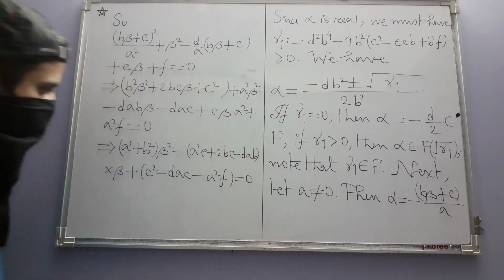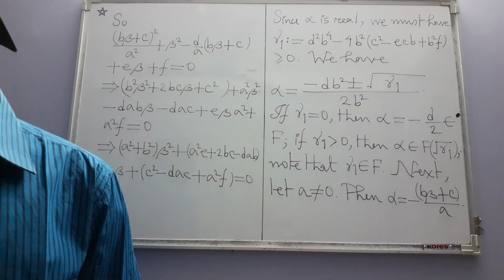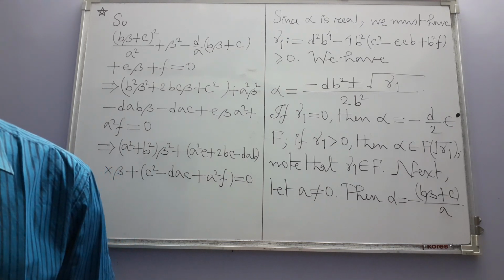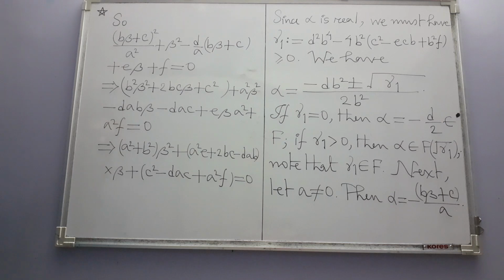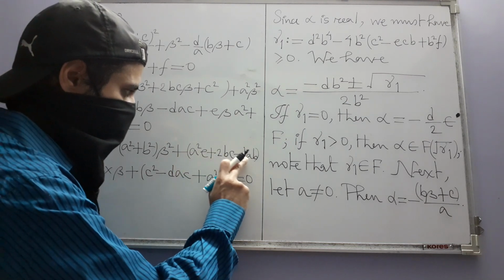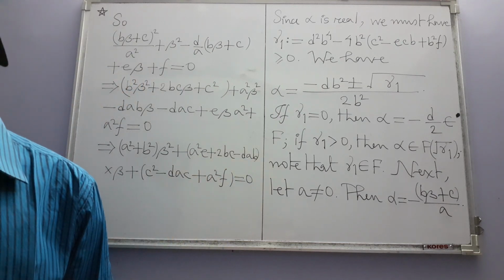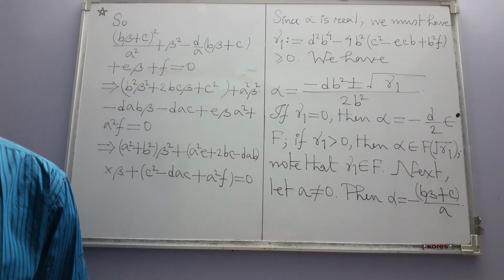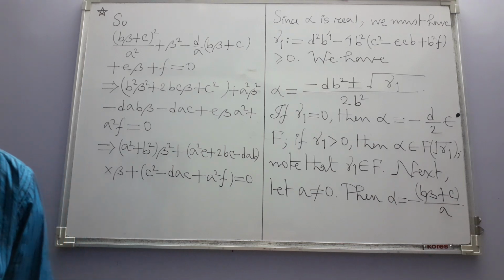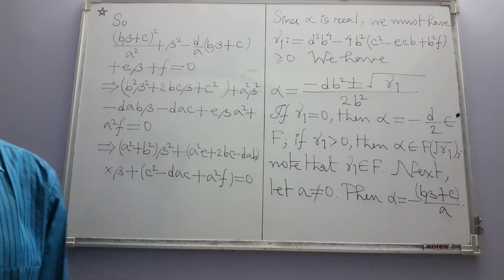And before I proceed any further, let me see I have really written the correct one or not. a square plus b square times beta square plus a square e minus adb plus 2bc, a square e minus adb, dab, same thing, plus 2bc. Okay, and the other term is c square minus adc plus a square f. Okay, yeah,